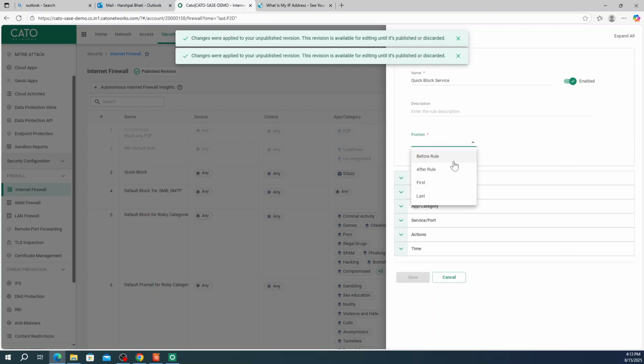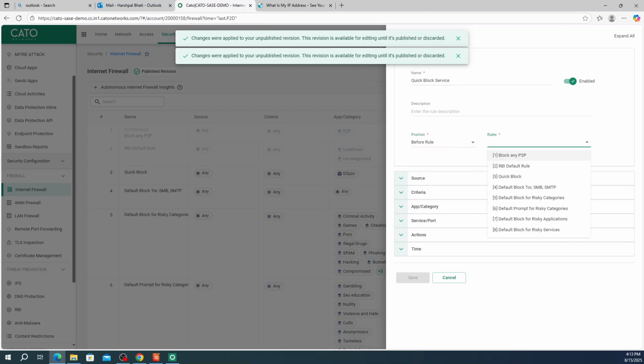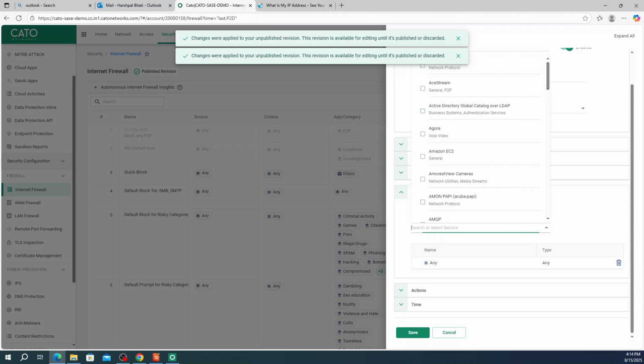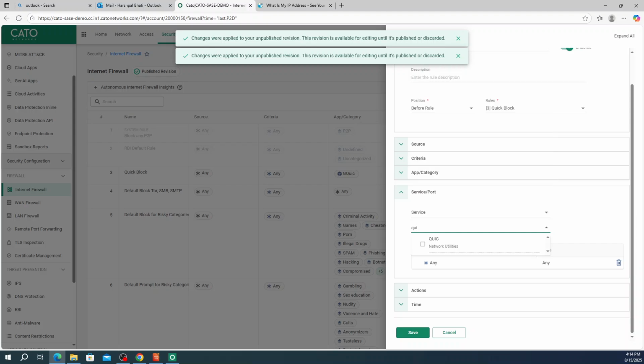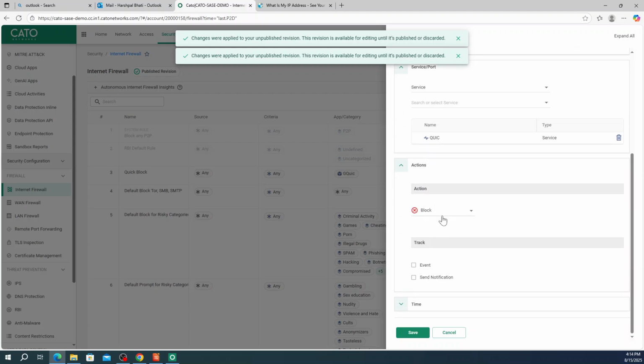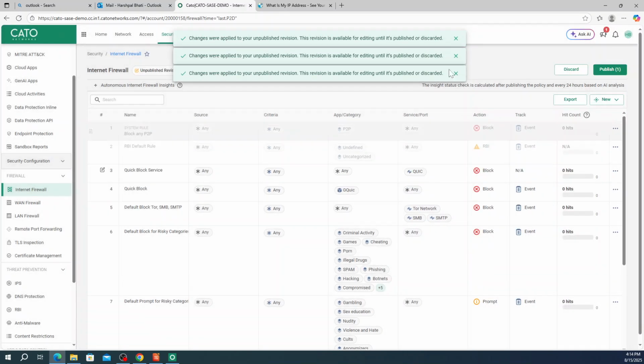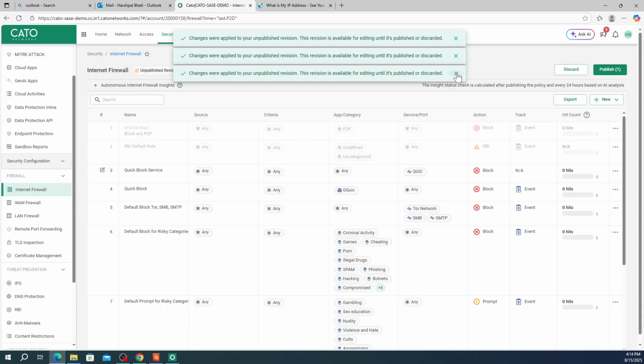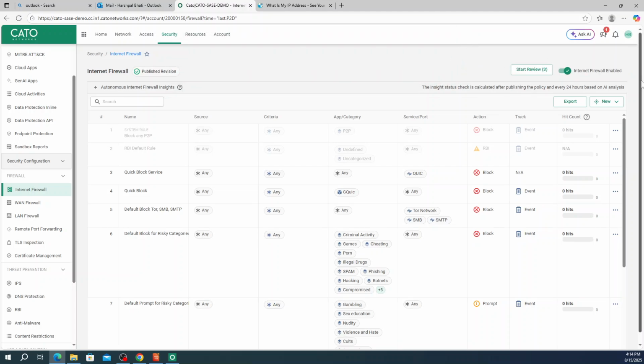Let's again block it before the rule. Okay, I don't want to log this, leave it. Okay, so now we have the two rules created. Once we publish, this is going to